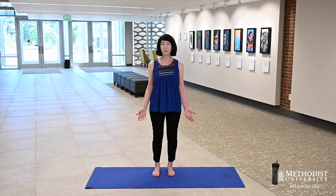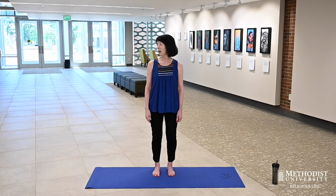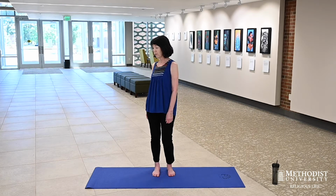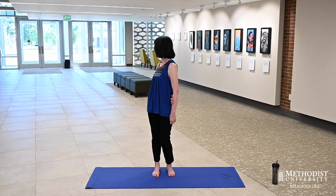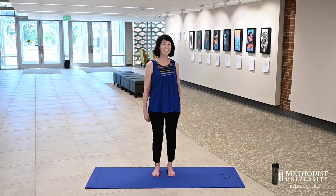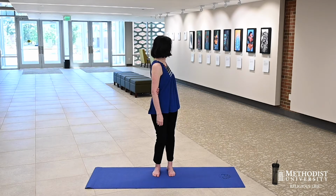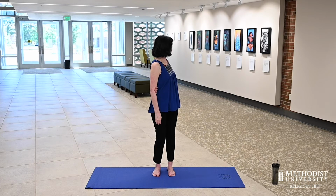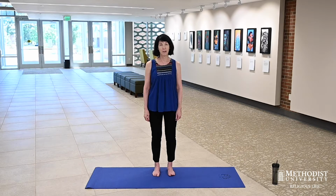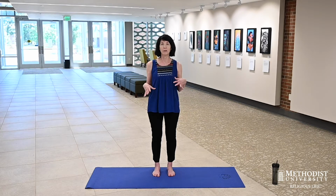You can discreetly do some twists. No one will notice if you kind of look over your shoulder that way. It's just as if you're checking things out over there. If you look over your shoulder that way, same situation. Probably even if you just sort of bend a knee and twist on around, right? Just kind of casually seeing what's behind you, all right? Try it the other way. If you can just take a breath while you're there and come back around, you'd be amazed at what just that little bit of stretching does to calm you, center you, get you a little more comfortable with what you're